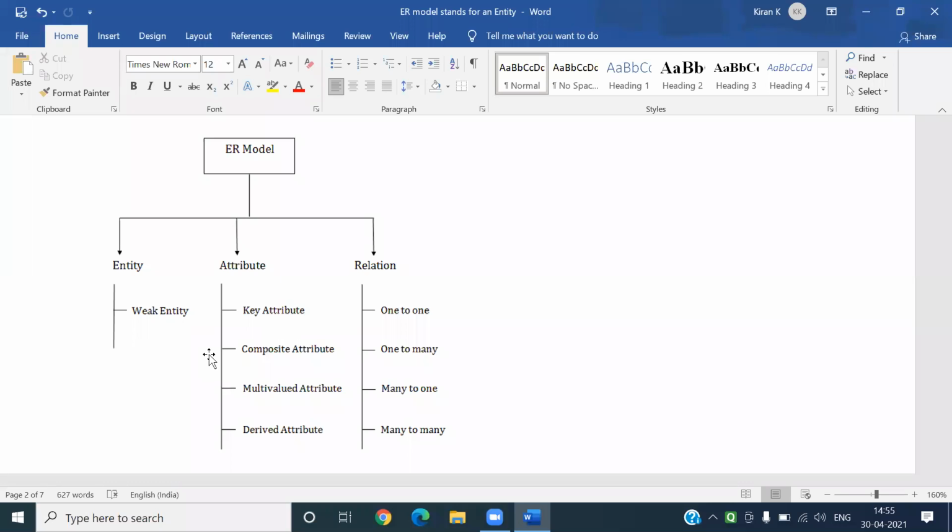Attribute: the qualities that define an entity can be called an attribute. Different types of attributes are key attribute, composite attribute, multi-valued attribute, and derived attribute. What do you mean by relation? We have four relations totally: one to one, one to many, many to one, and many to many.